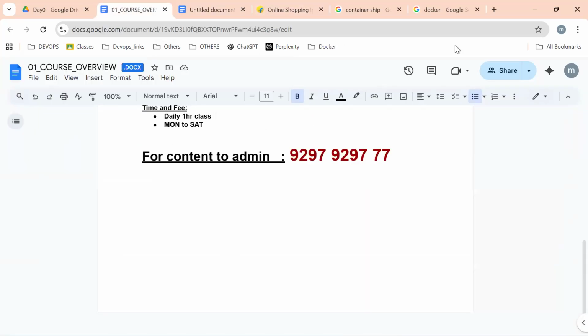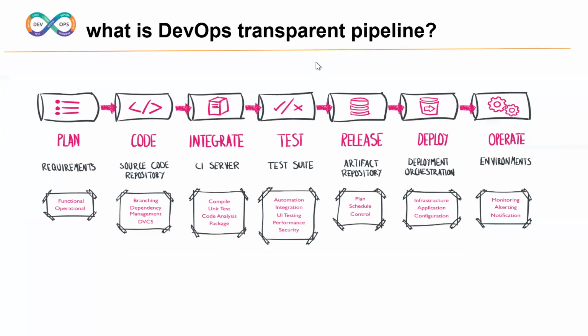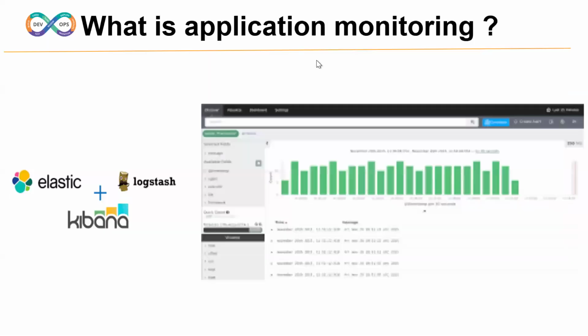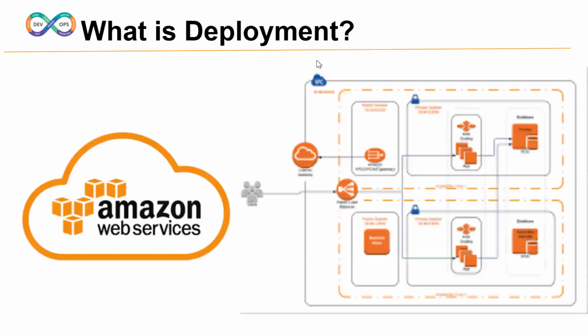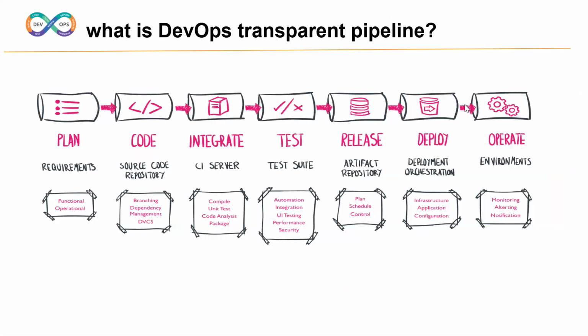Okay, but today, by using all these tools, we are implementing an automated DevOps transparent pipeline. But while implementing this pipeline, we require infrastructure, which we are going to get from AWS. Sir, what is AWS? Which services are we going to be learning? Which models? How are we going to implement this DevOps transparent pipeline on AWS? That we are going to discuss in tomorrow's class.